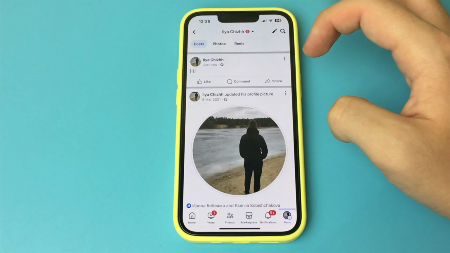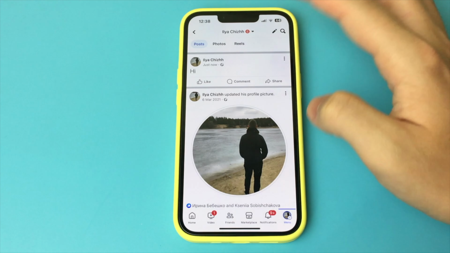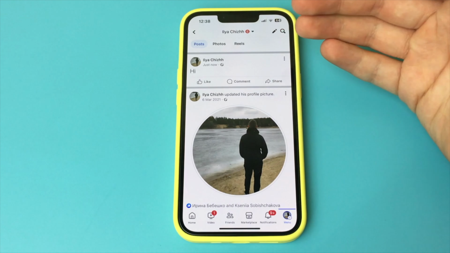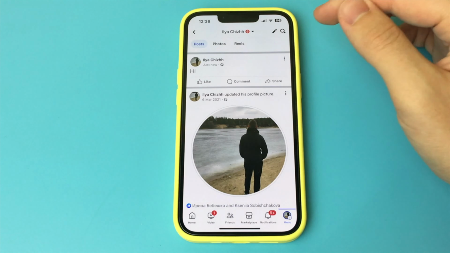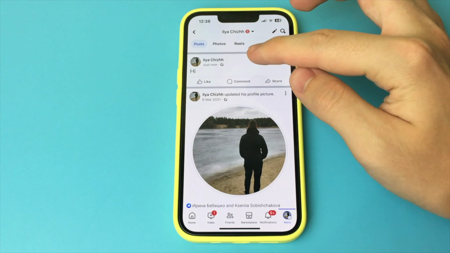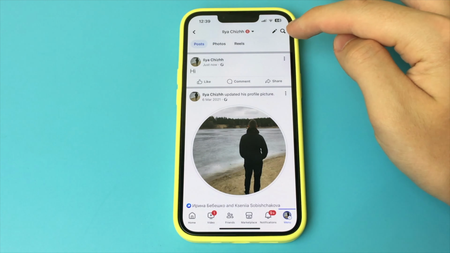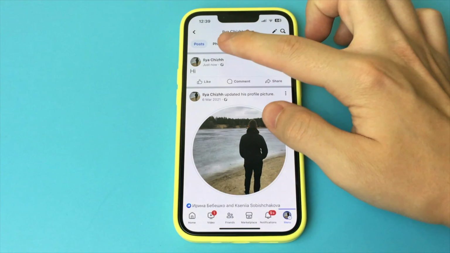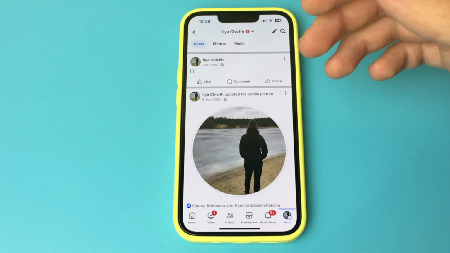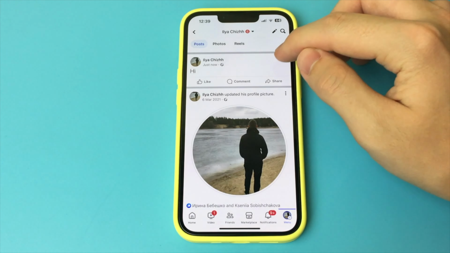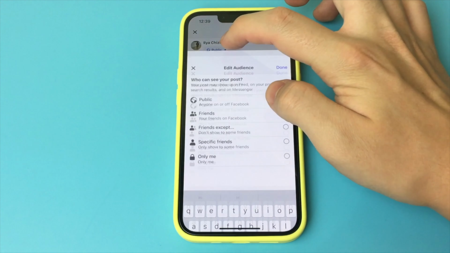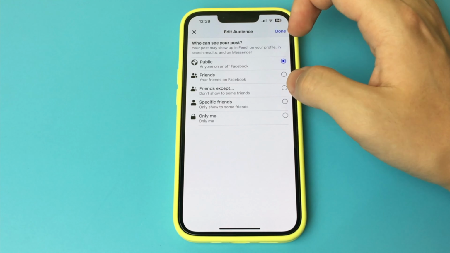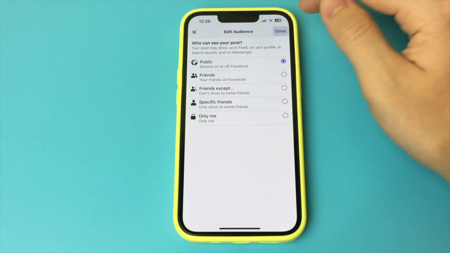In order to close those comments, if your post was published in closed access, you press 3 dots, then edit post, and you will need to select here public or whatever it says on top, and instead of only me put public, you press done, save, and after that you can do everything exactly the same. Press dots, who can comment on this post, and here you turn off comments. As you can see, this is a very simple and quick way. Done. There is nothing complicated.